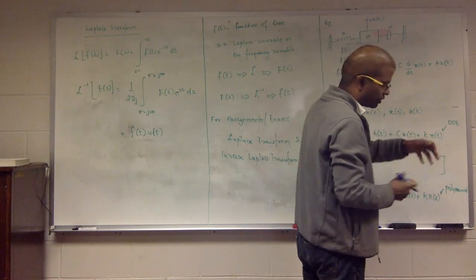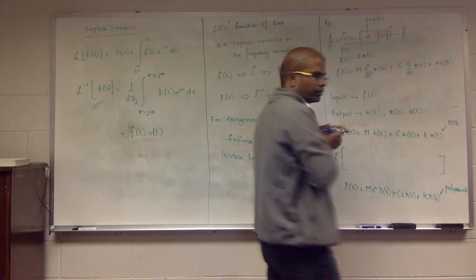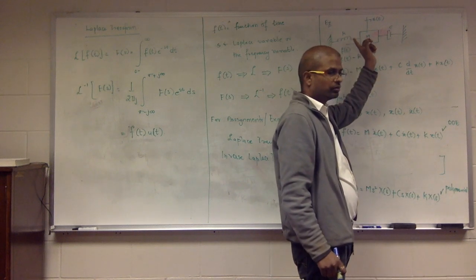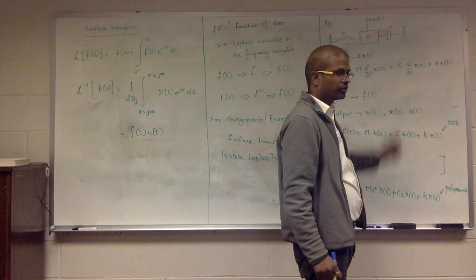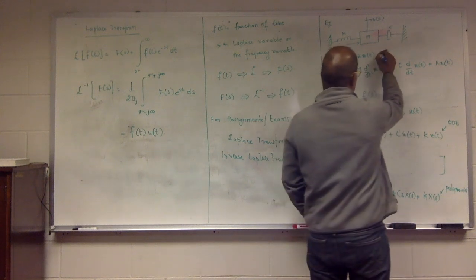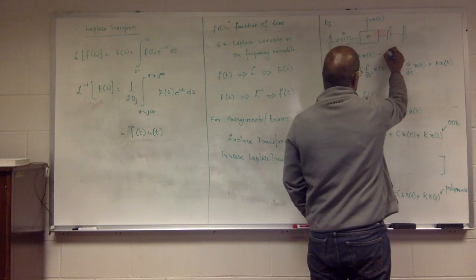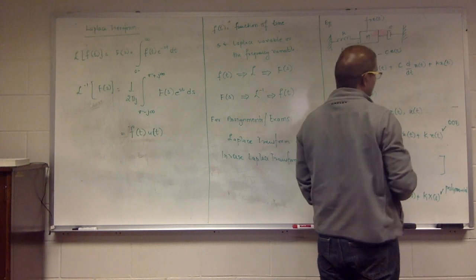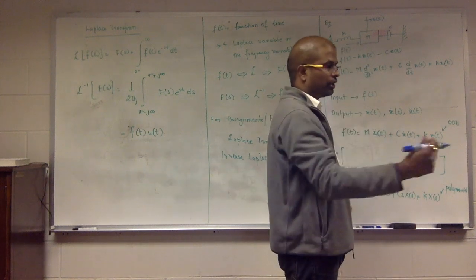If I apply a force, the spring will try to pull it in the other direction. That force is proportional to the displacement multiplied by the spring constant. Minus this damper, what it will do is, depending on the velocity,